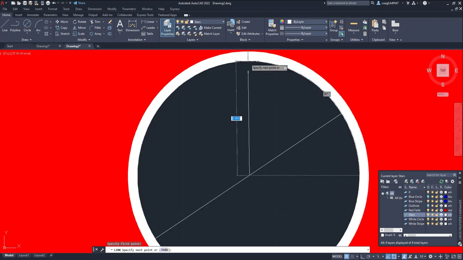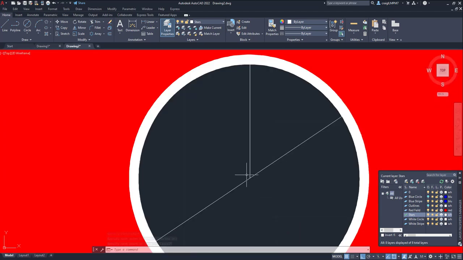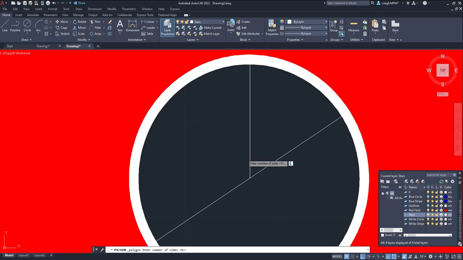And we're gonna use orthogonal, F8. Make sure it's accurate. So now we have that line. So now we're ready to create our stars. So for a star, we can come over, we can get our polygon tool, and we're going to want to create a pentagram, which is 5-sided. We're going to create an inscribed,